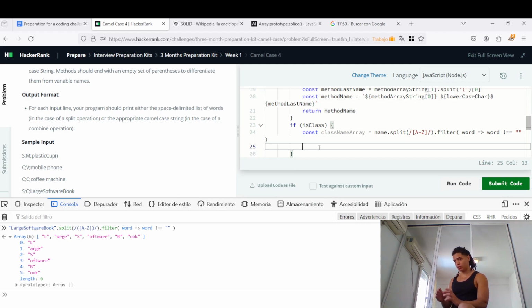We can now do this. So you can iterate for all of these elements, and if this is an uppercase letter,